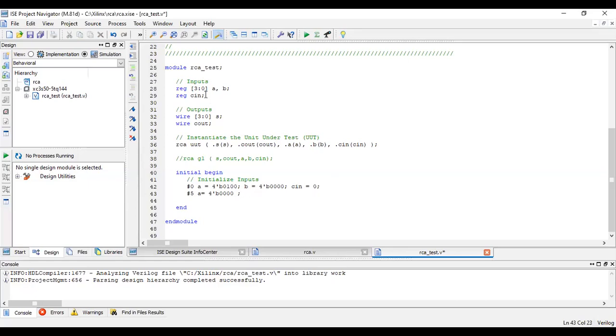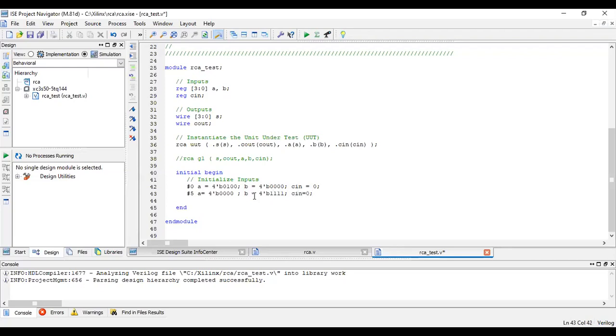So here also, okay, fine. Let us see whether we are getting the results. B is equal to 4'b1111. I will give 2 combinations. I will not give any other combinations. And for this combination, again, Cin should be equal to 0.